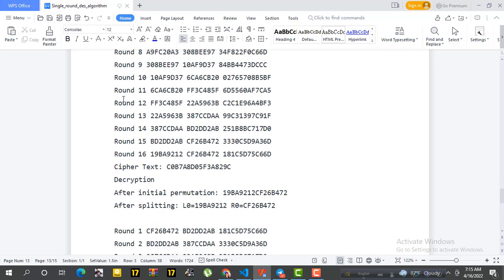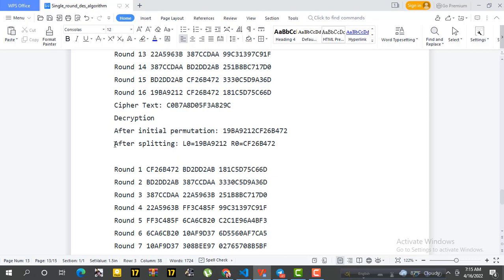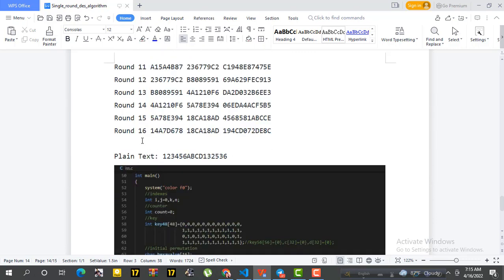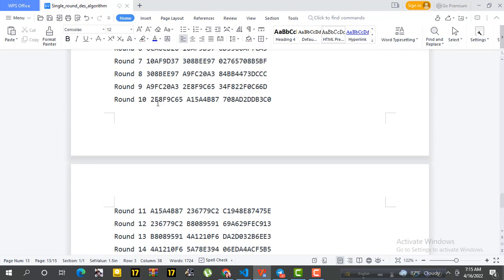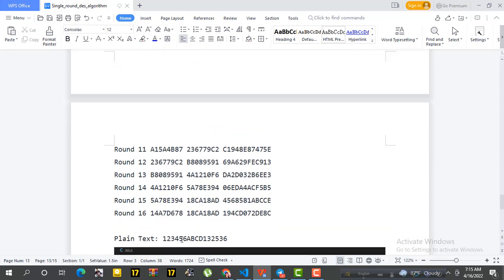Then here we get a ciphertext. Then we describe decrypting it: after the initial permutation and splitting, we again get some rounds, and then we get the final plain text, which is